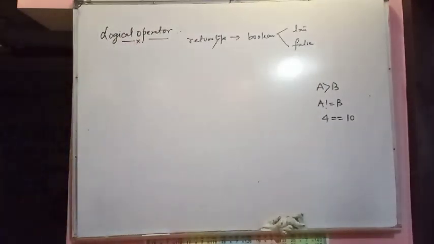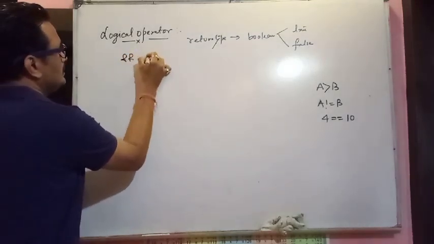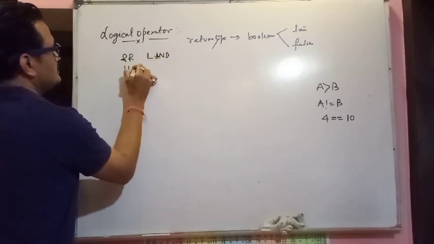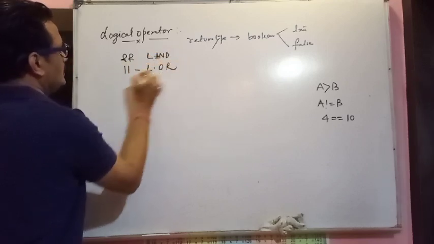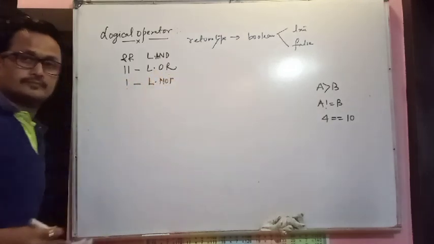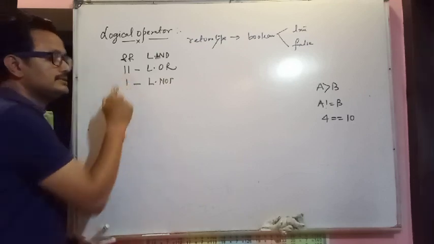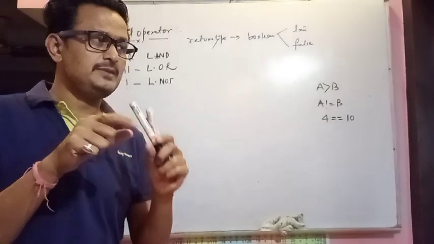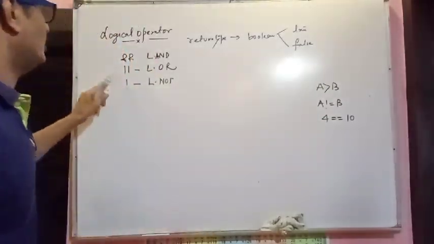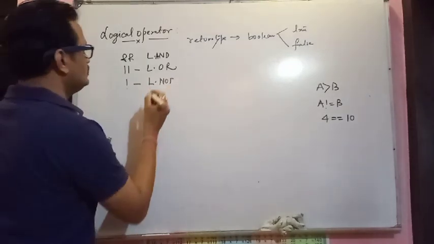All right, children. Now there are three types of logical operators. ये देखो, this is logical and, this is logical or, and this is logical not. This is 2 ampersand. और ये सिंबल कहां से आएगा? When you press shift के साथ backslash, you will get this symbol. Logical or. Now come to the point.